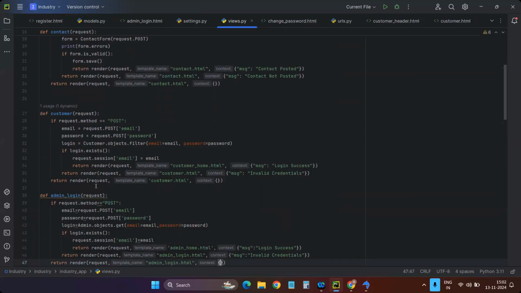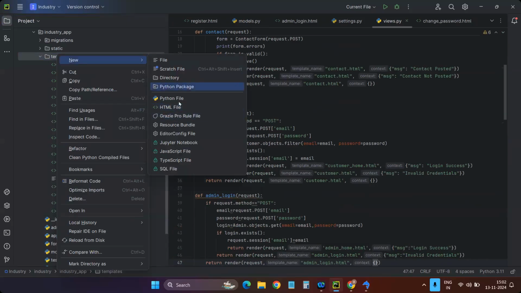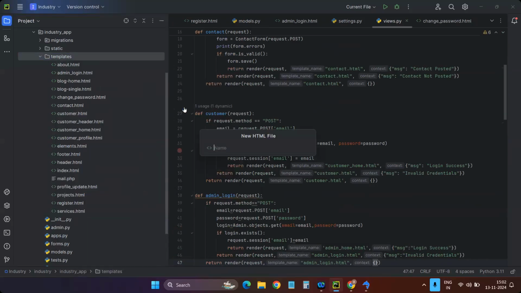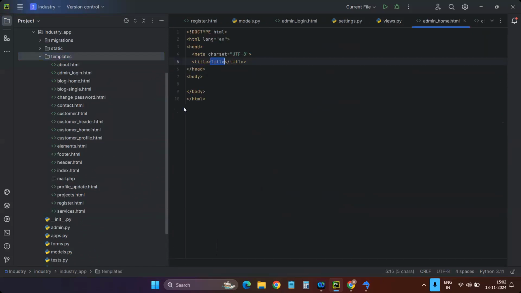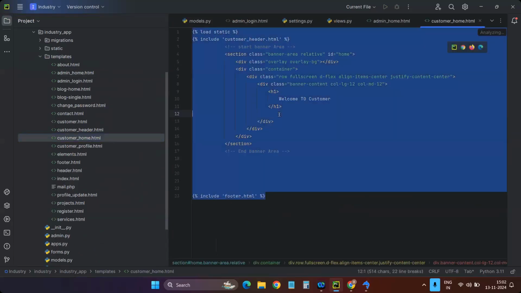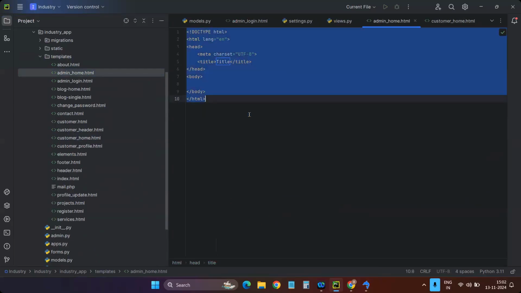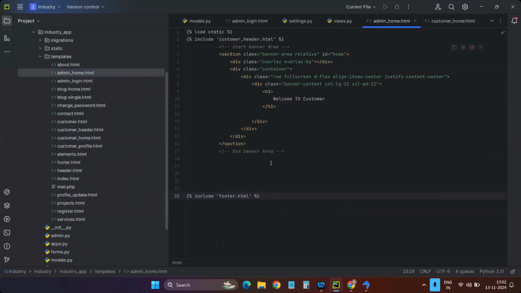This is my admin login. Now I need admin home.html. Admin home is nothing but the same as the customer home. I will create an admin home, and here I will give whatever content I have in my customer home, all of it. The only difference is headers. Welcome to